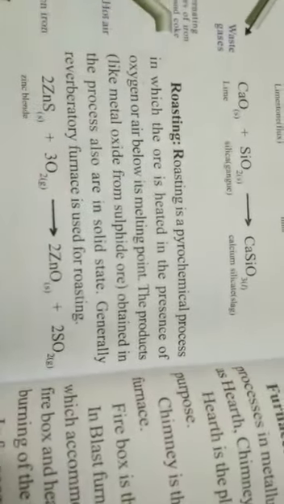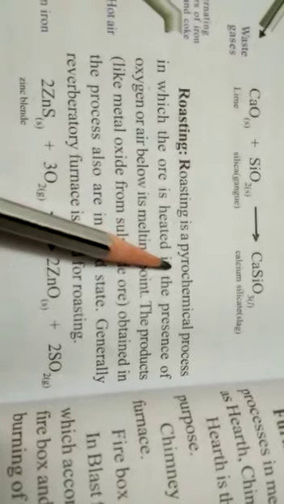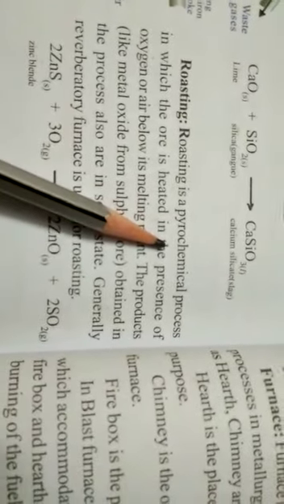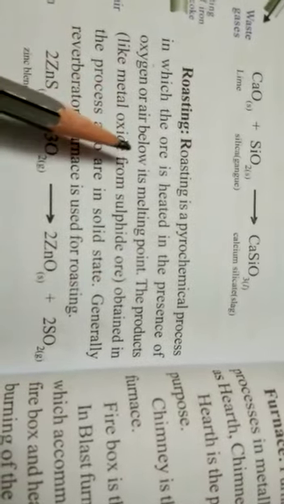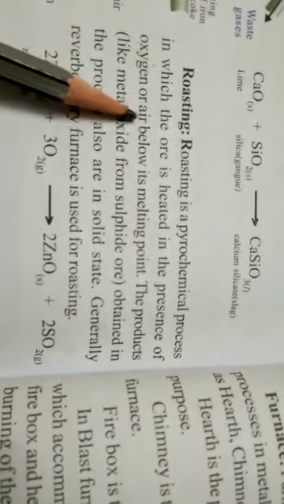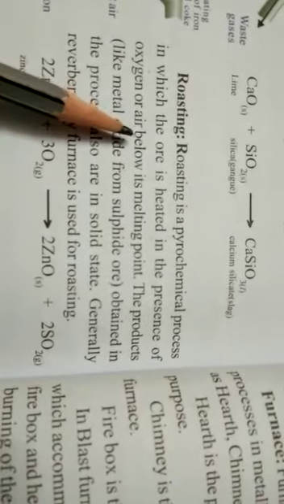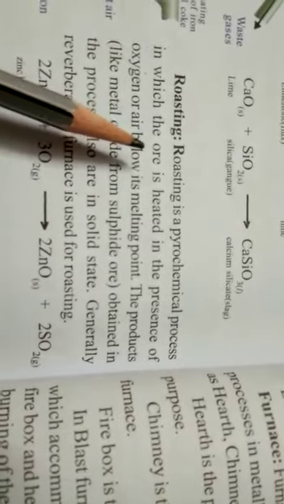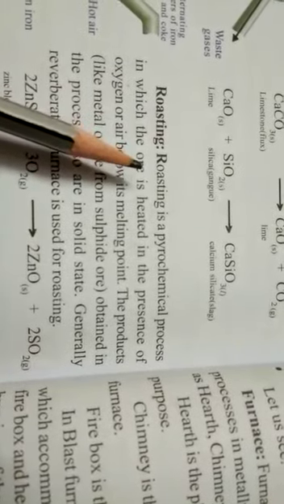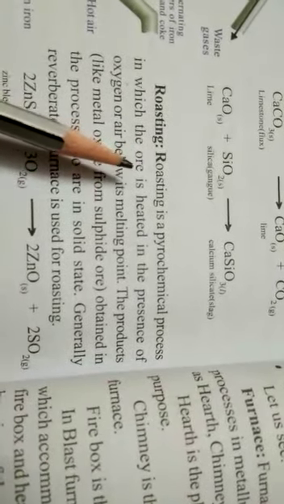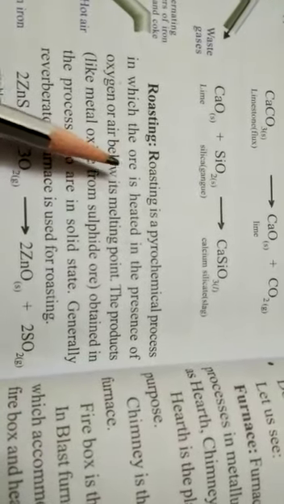Let us discuss briefly the process of roasting. Roasting is a pyrochemical process, which means it requires a huge amount of heat energy. In this process, the ore is heated in the presence of air or oxygen, meaning we are supplying the air or oxygen. Such a pyrochemical process is called roasting. So once again, roasting is a pyrochemical process in which the ore is heated in the presence of air or